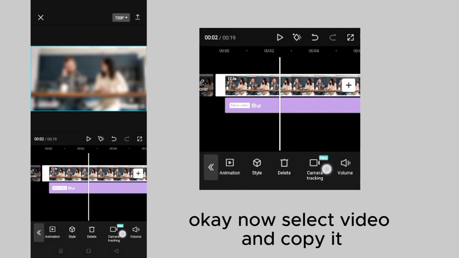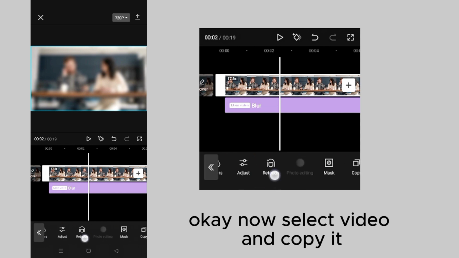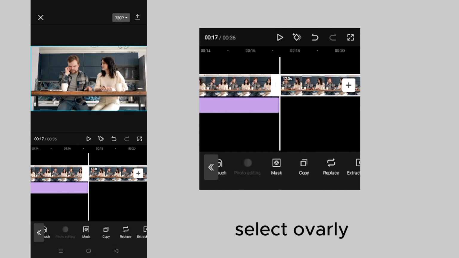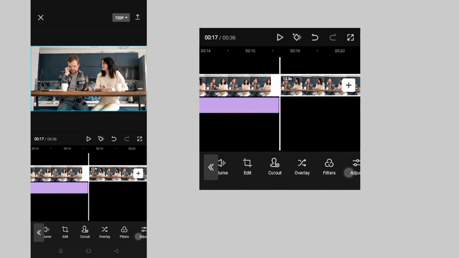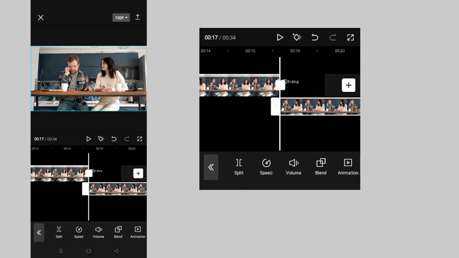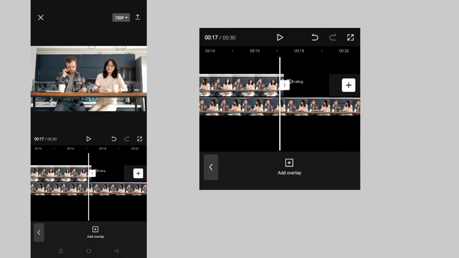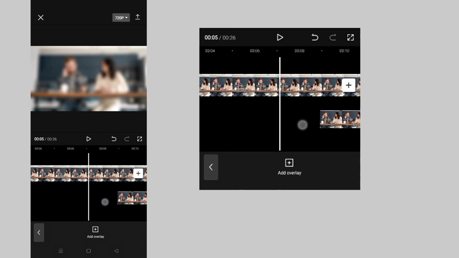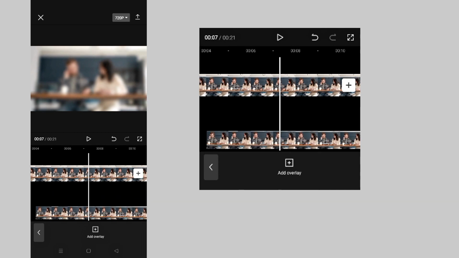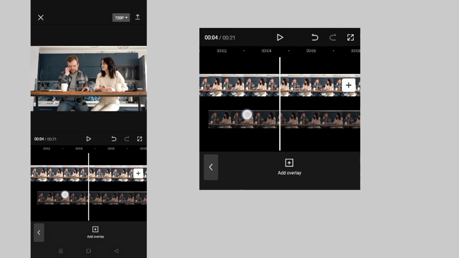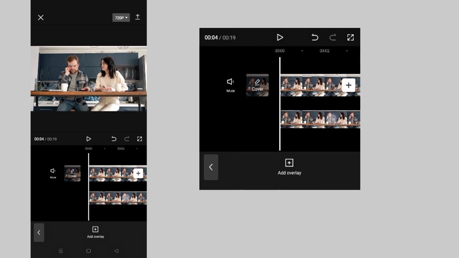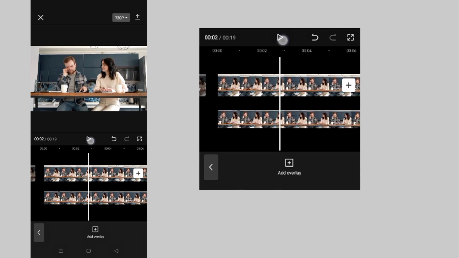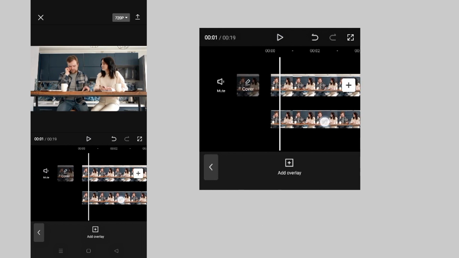Okay. Now select video and copy it. Select overlay. Move it starting point. Select second video